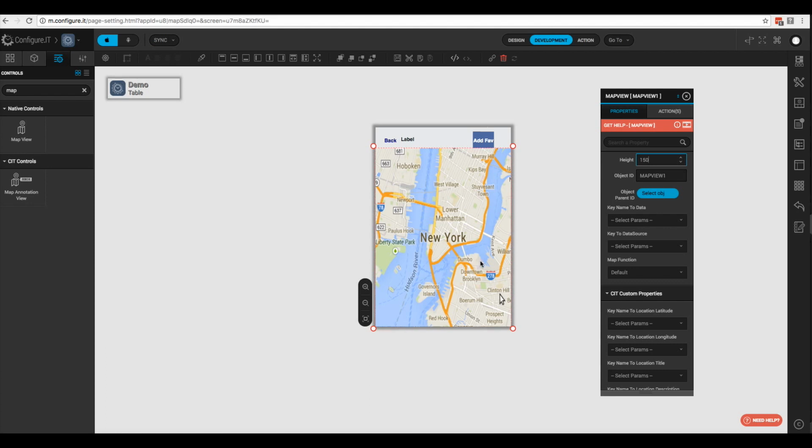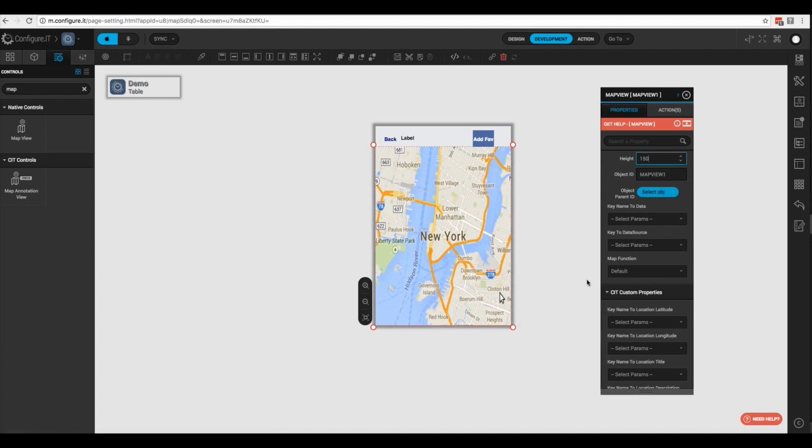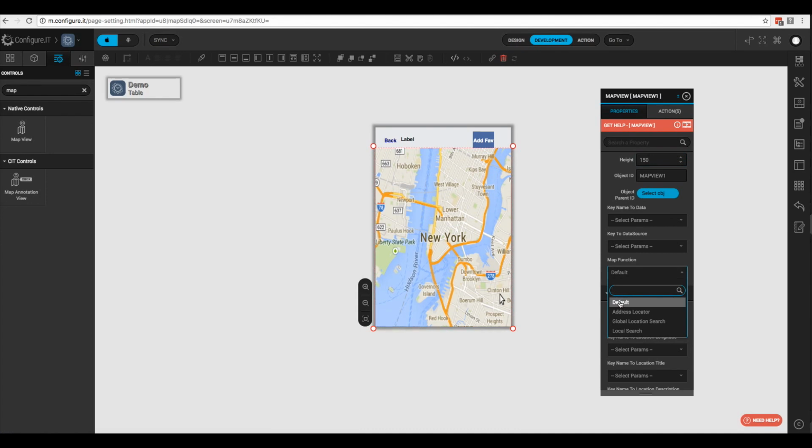Now, as far as the configurations go, we'll just walk through each one. So the first one is the default, which is your traditional map. So the address locator can be used as kind of like a reverse geocoder. And so basically a pin will be added at the user's location initially, and the user can drag that pin or drop it at any point on the map, and that location's details will be fetched and stored in session variables. And there's 6 session variables that they'll be stored in: search location lat, search location long, search postal code, search location country, search location state, and search